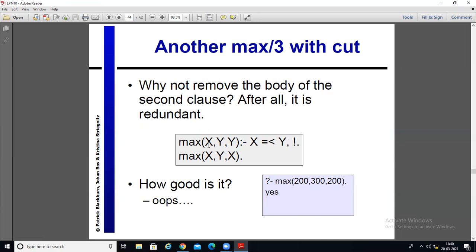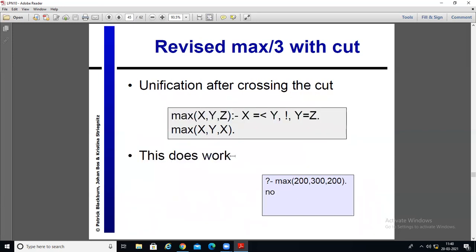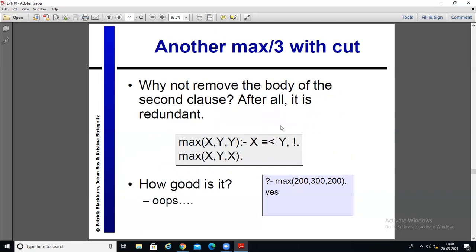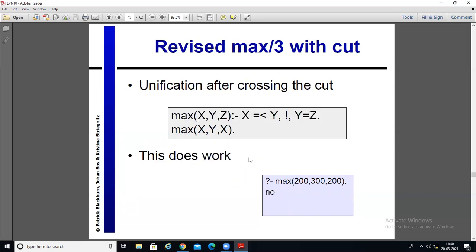Why? Because it will go here, 200, 300. Okay, now this condition is not satisfied, so it will go here and it will return you true. So this is making it ambiguous. Okay, so the code where, whenever you introduce a cut like this, it changes the meaning of the predicate and the output is even changed, it is called a red cut.